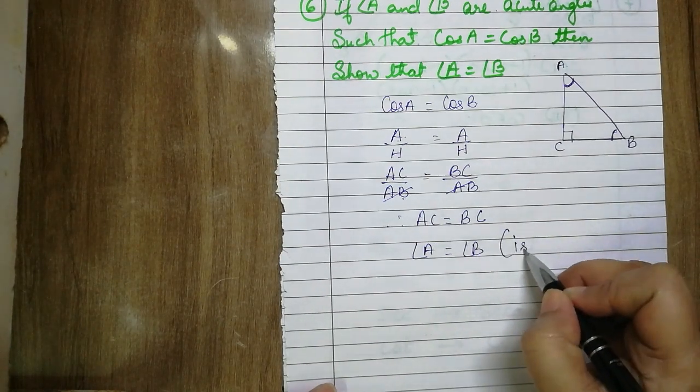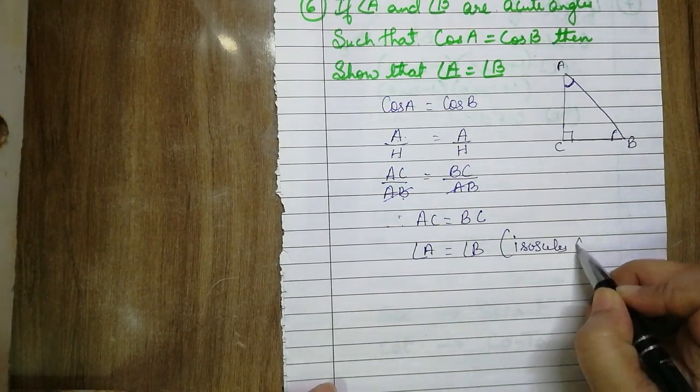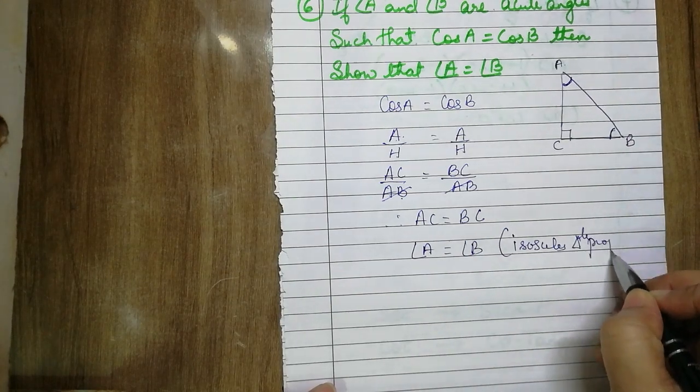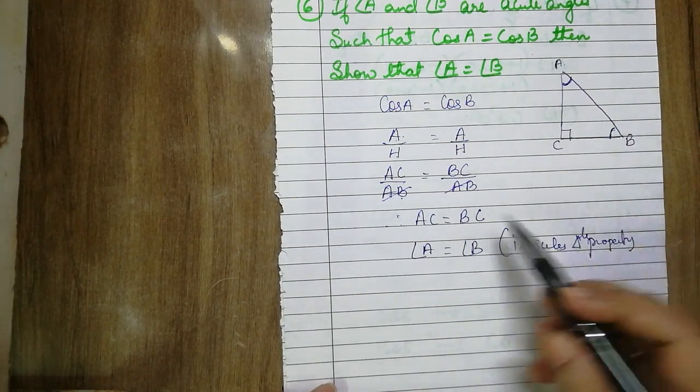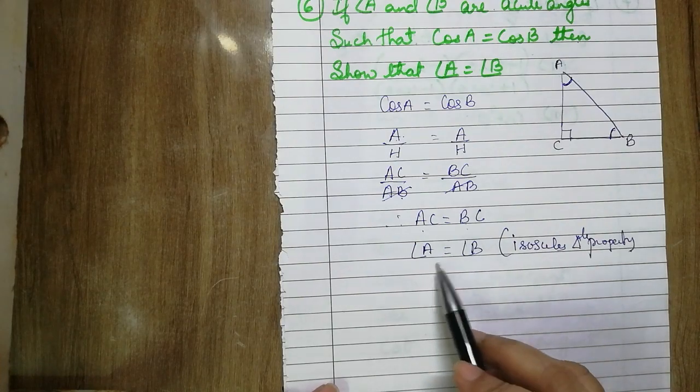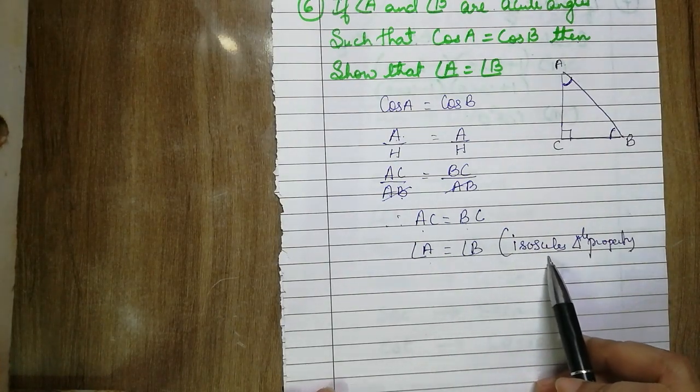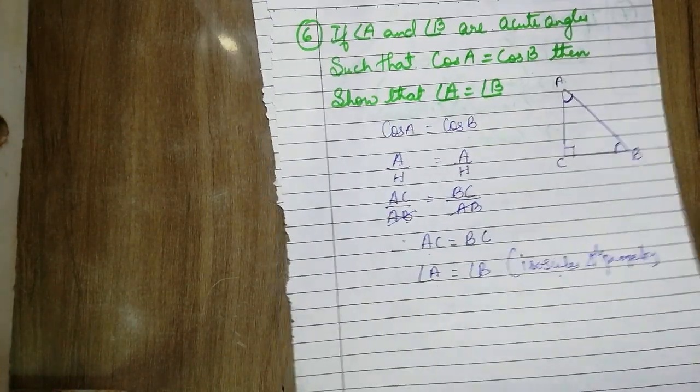Why? Isosceles triangle property. When two sides are equal, then the base angles are also equal. So this is the sixth sum. Next we will do